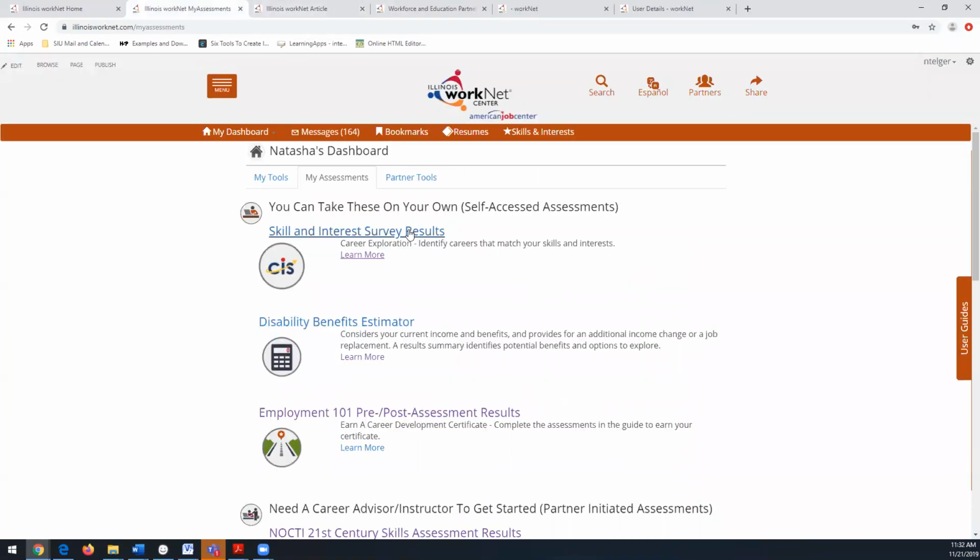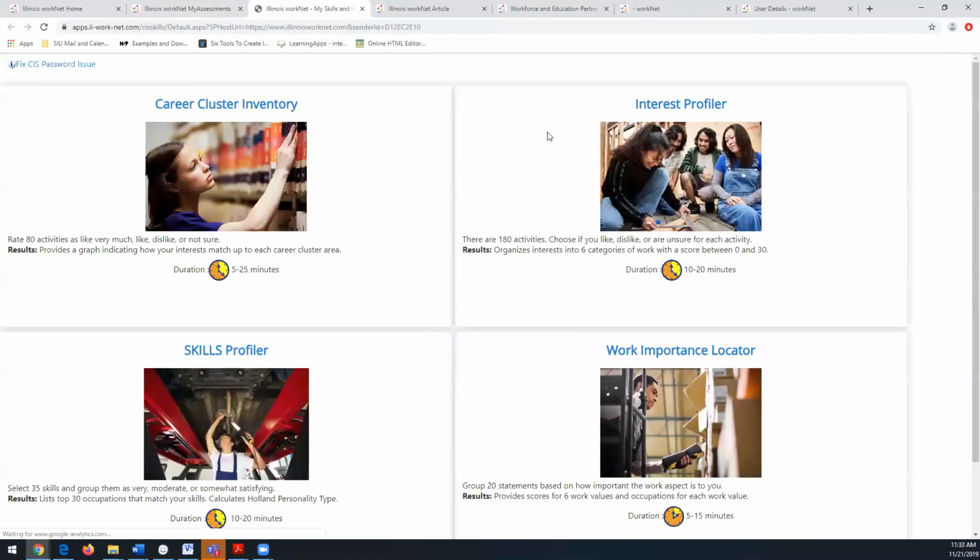So I'll just click on the skills and interest, and you'll notice that skills and interest is a very popular tool that's used in WorkNet, so it's available in a variety of ways, and you'll see it right up here at the top too. So I can click either one of those links and it'll take me to